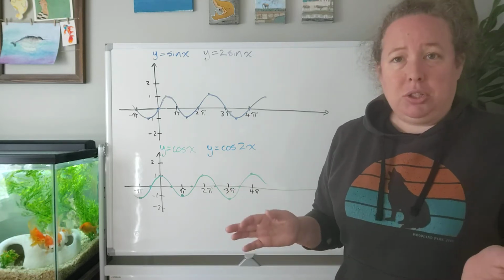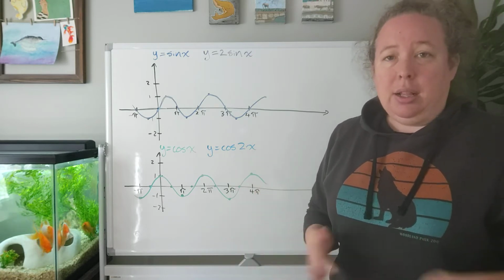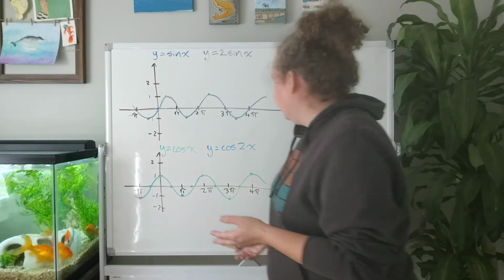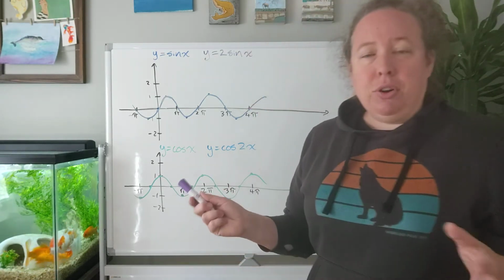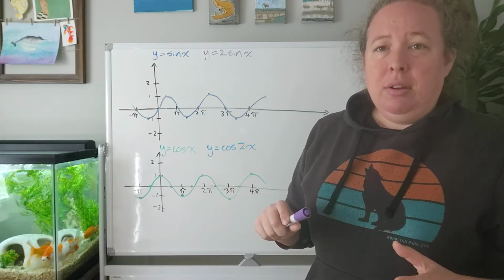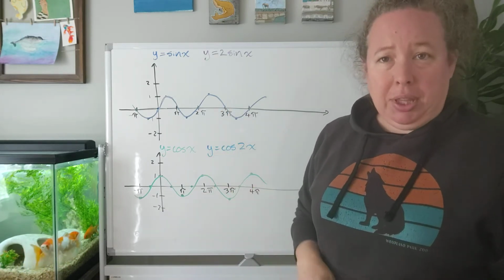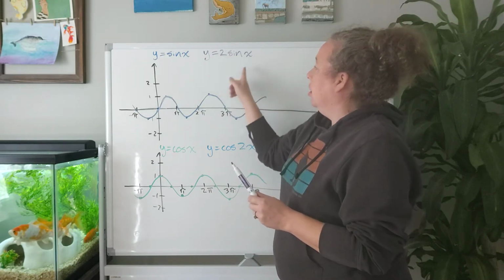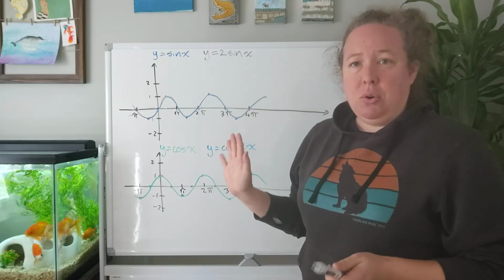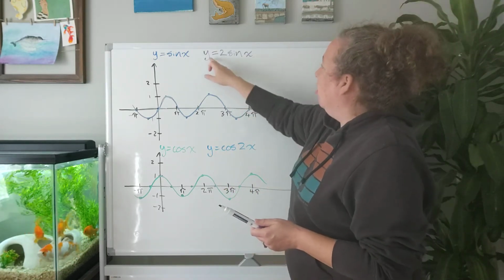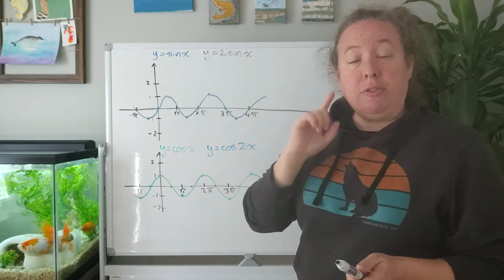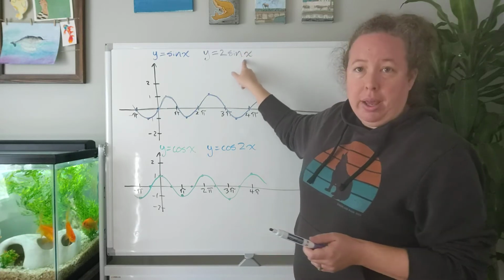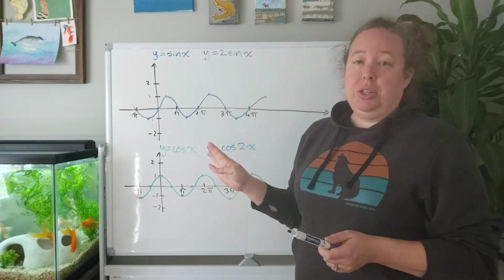So I'm doing ones that you guys are already familiar with, that we've done in class and have been part of our conversation, so that you can see a different way of how to get to the graph from the equation without calculating all the coordinates. So here on the board we've got y equals sine x, and our modified equation is y equals 2 sine x. So the first thing to notice is that our b is 1, meaning we're not changing the period at